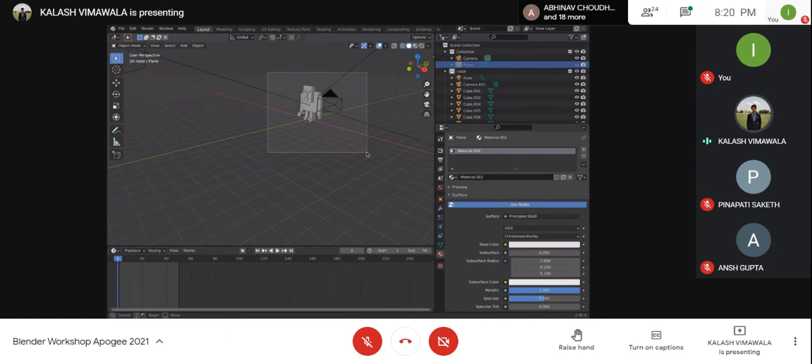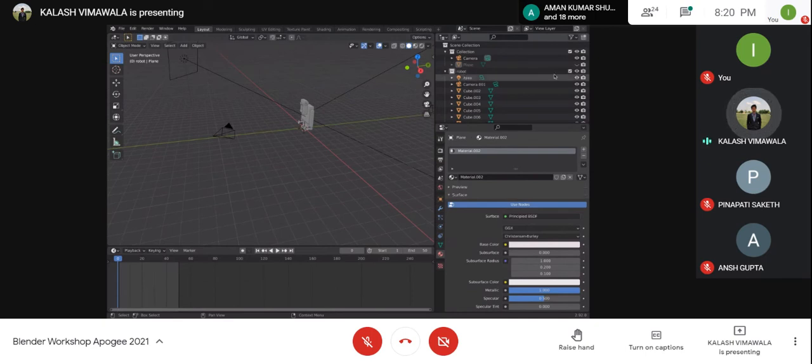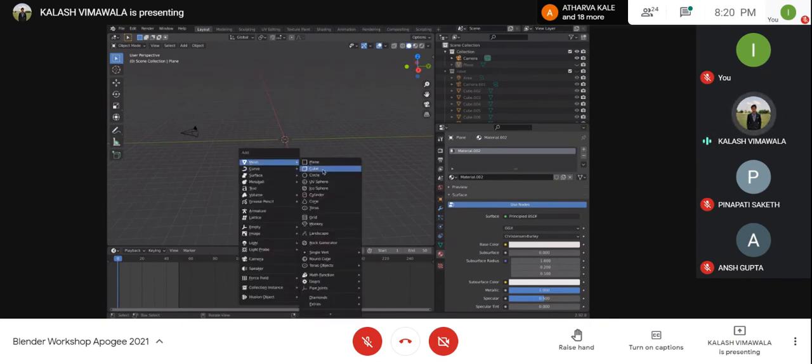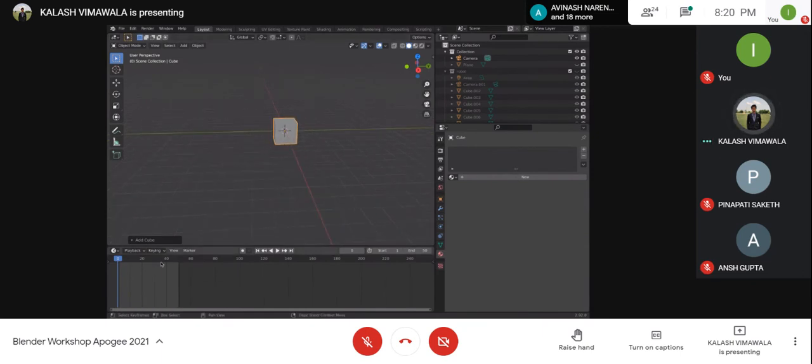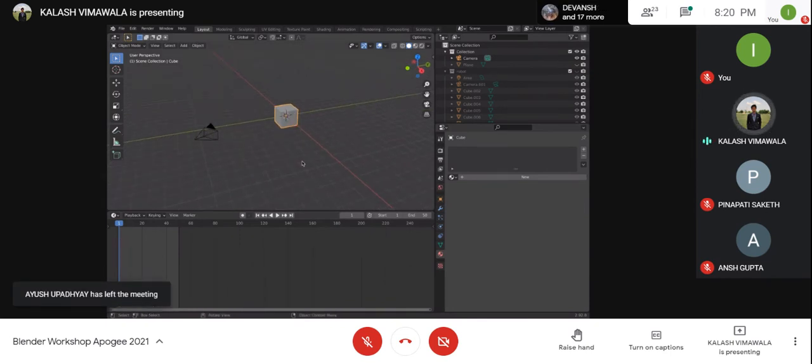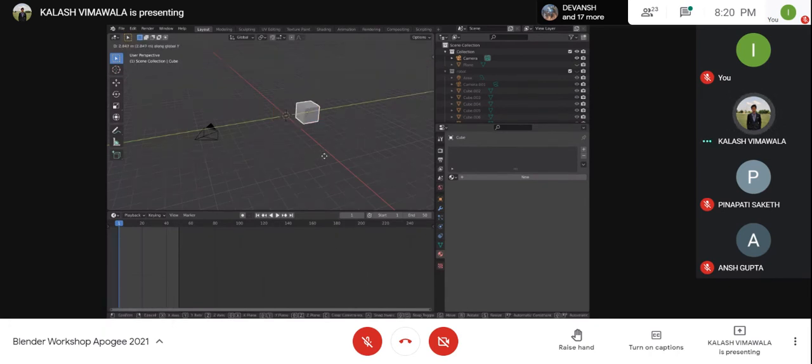So say I hide all of this, not the camera, but I hide the robot completely. There you go. So now you only have a camera in the scene. Say I have a new mesh that is a cube. Now how animations work is that you have different keyframes over here, right? You have a starting frame of 1 and an ending frame of 50. So say I have this cube over here right now, and I want to move it along the y-axis as time proceeds. As time proceeds, I want to move it to this location from where it was earlier on.